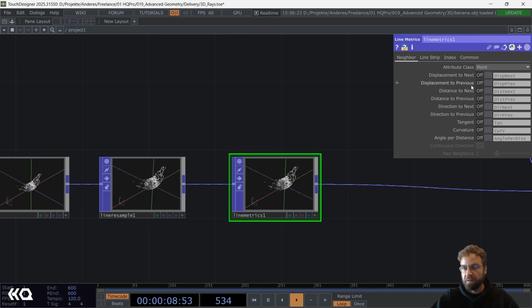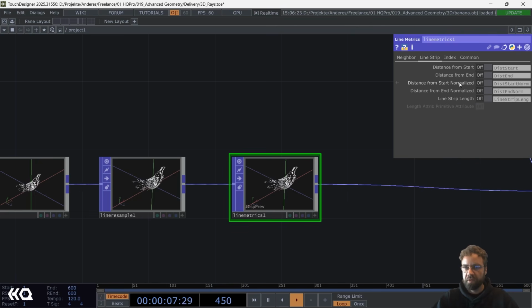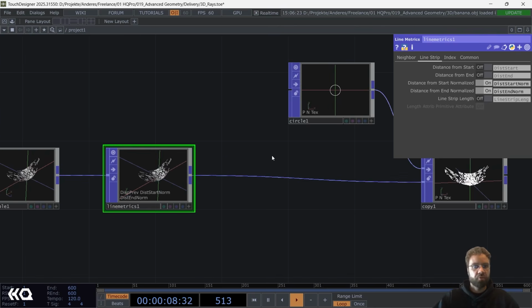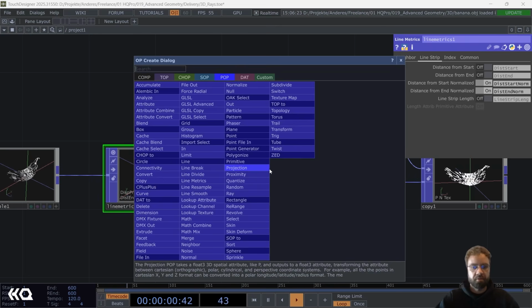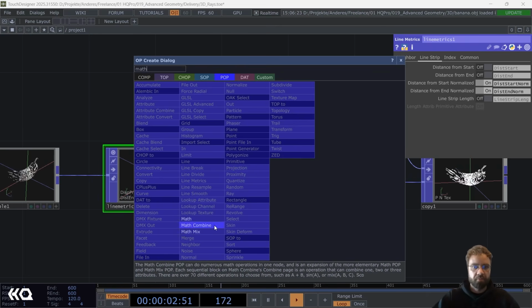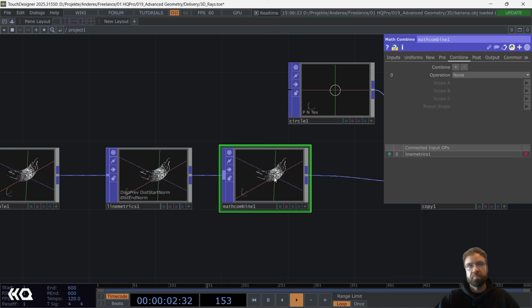So for that, let's activate the displacement to previous here. And under the line strip, let's activate distance from start and distance from end normalized. And now that we have these attributes, we can use a math combine to multiply the distance start normalized and